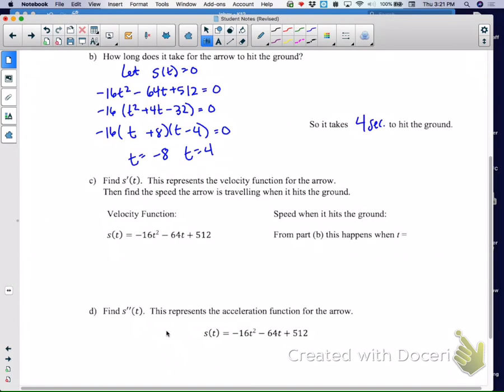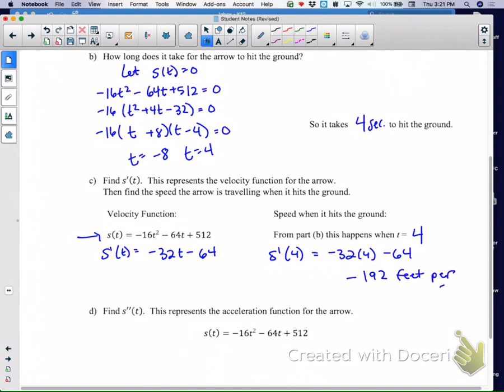So my velocity function, here is the function that tells me the height at any given time. Take the derivative of that. So s prime of t is equal to negative 32t minus 64. Okay, now find the speed when it hits the ground. Well, it hits the ground in 4 seconds, so find the speed at 4 seconds. So s prime of 4 is negative 32 times 4 minus 64, and that's going to give me negative 192